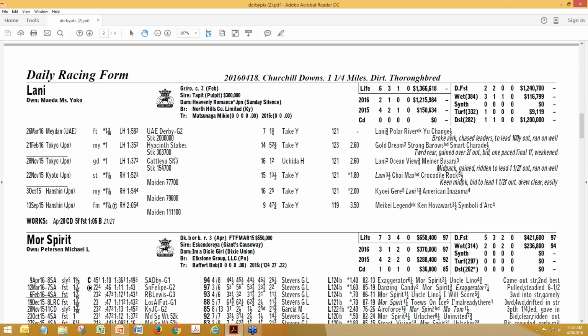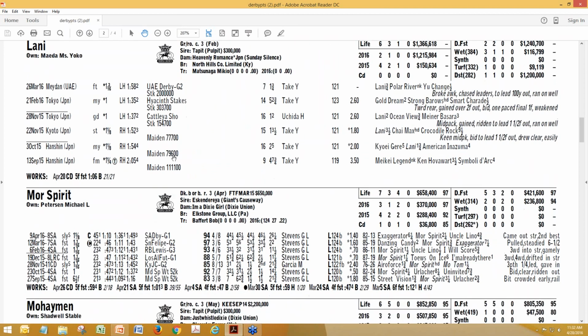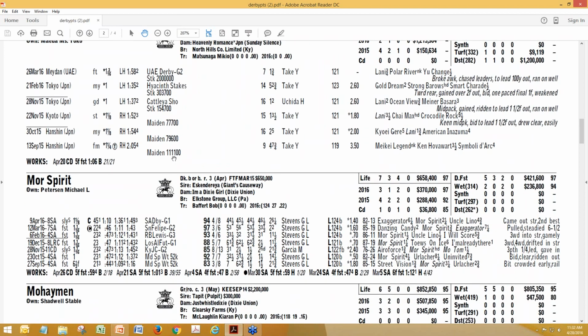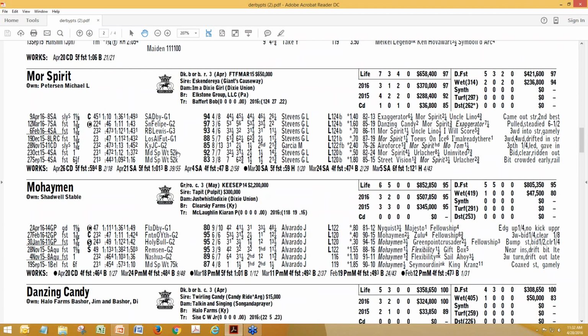We don't necessarily have to talk about every runner in the race, but as I scroll through, just stop if there's anybody that you want to discuss a little bit, either as a positive upgrade or as somebody that you're downgrading in the Derby. Well, Danzing Candy is a horse that I'm interested in a little bit